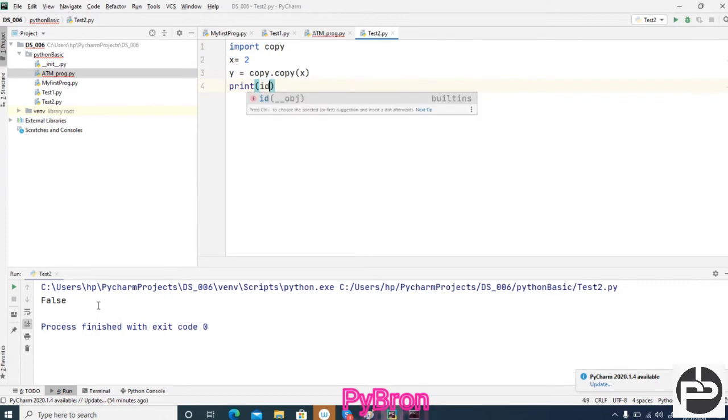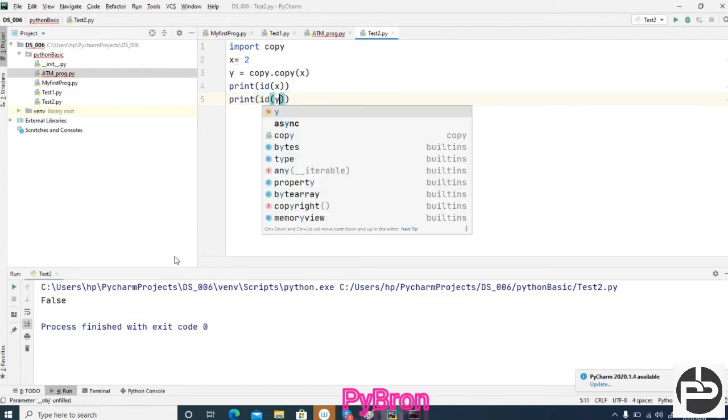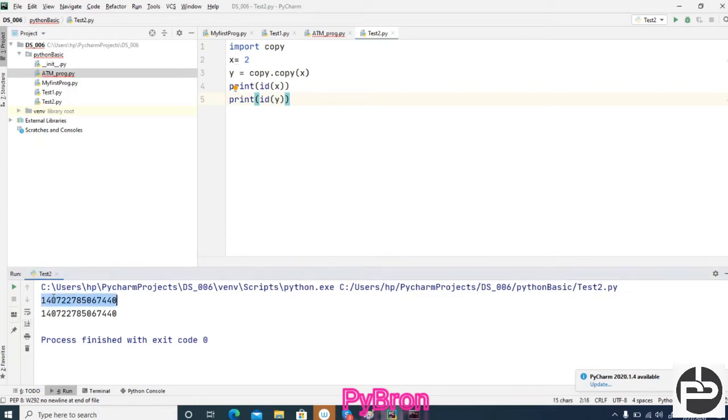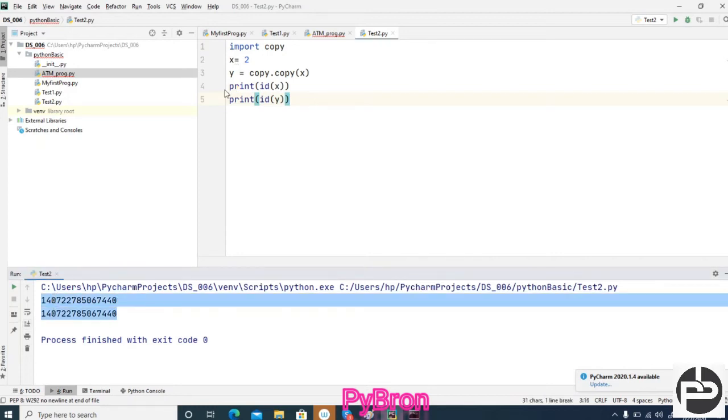Print id of x, and print id of y. Yes, I am getting the same address, right? Both have been stored at the same address because both values are the same. I told you in the very first class that Python is a very intelligent language, so if we store the same value in different variables, Python will occupy the same address.